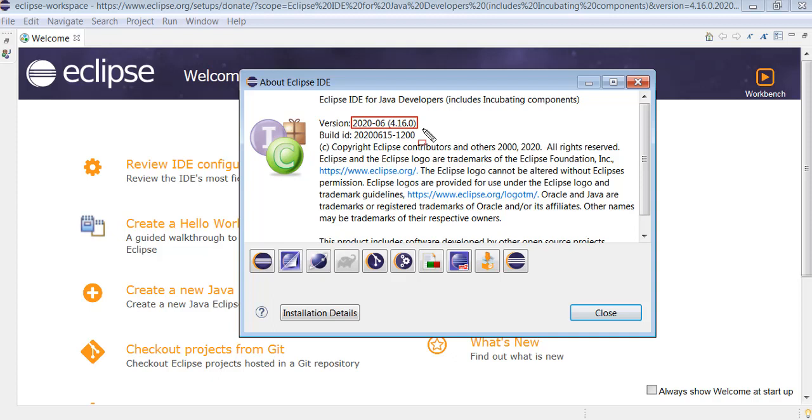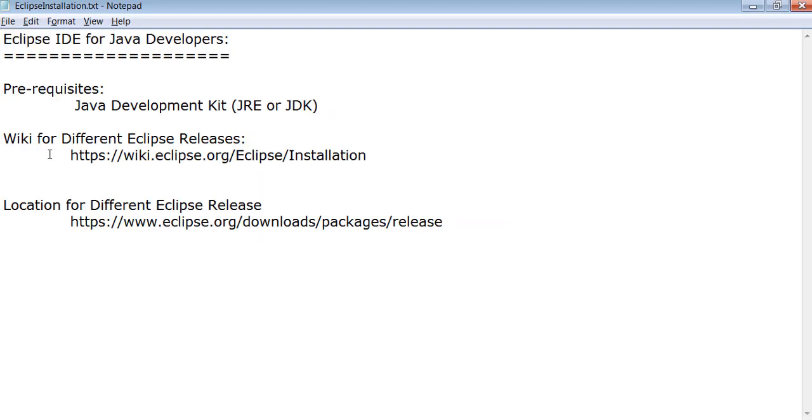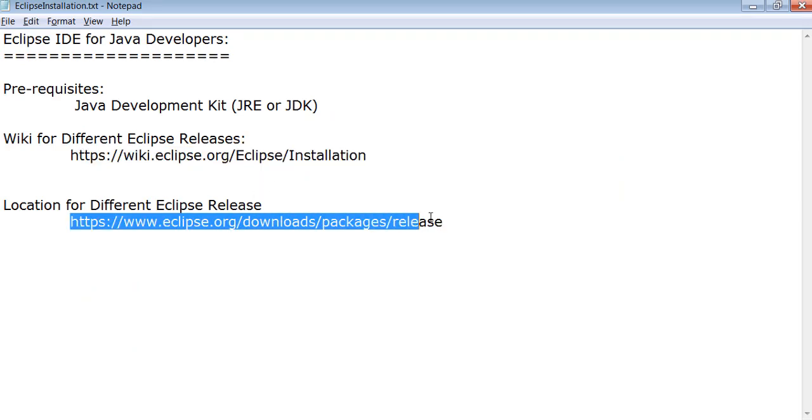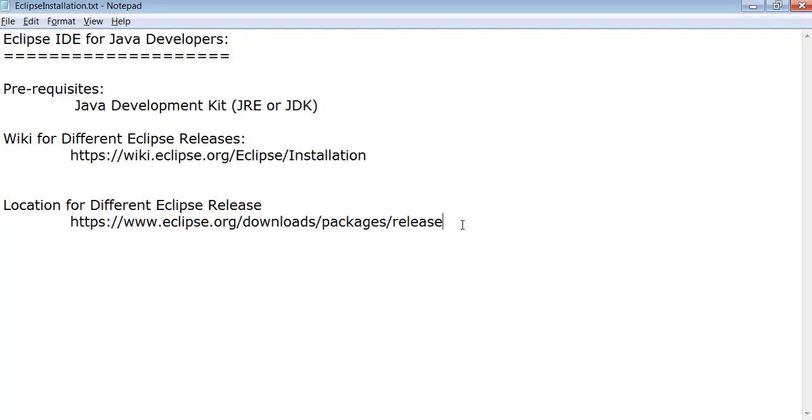So what are the important points we have to make a note of? The prerequisites, and the exact JDK version which is compatible with the version of Eclipse. These two are very important. Before we install Eclipse in our laptop, we make sure we access this wiki to understand the different releases and download the specific version as per the compatibility of the JDK installed in our laptop. Right now, JDK 8 is installed, and Eclipse 4.16 is the version installed for practicing Java programs.